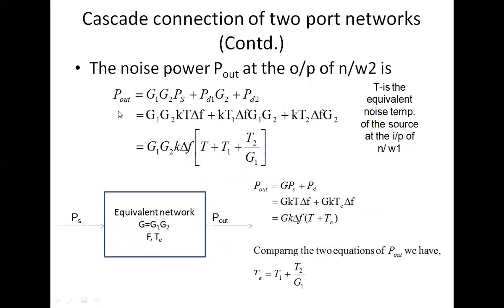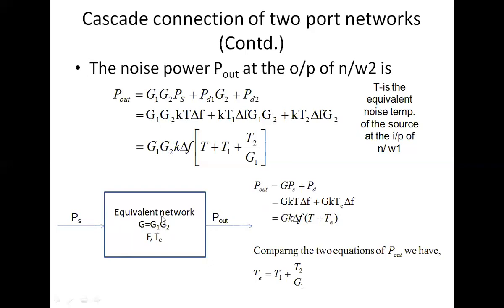So for that, P out, we wrote it in this way, and P out is also given by G times PS plus PD. What is G? G means it is the product of both the power gains, G1 and G2. And one important point to note here: whenever the power gain is given in dB, we are supposed to convert them back to ratios and then substitute here and then multiply. If they are in dBs, you cannot directly multiply. So P out is G times PS plus PD. It is something like we have an equivalent network with one power gain, that is G. Then naturally P out will be G times PS plus PD.